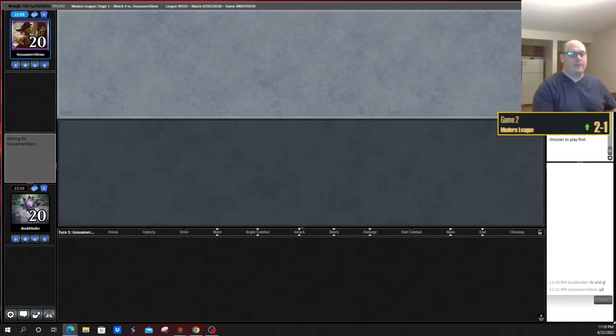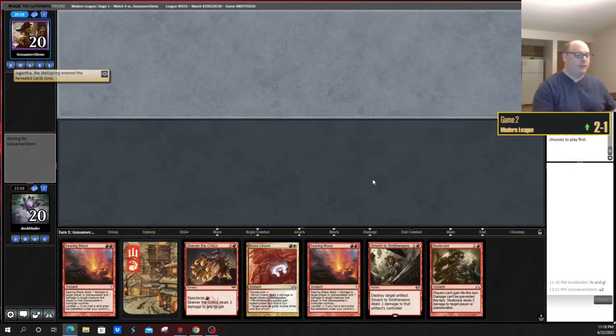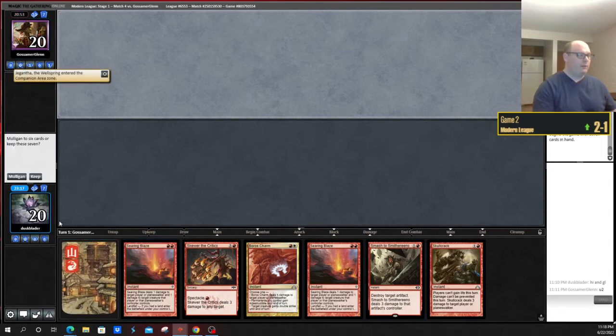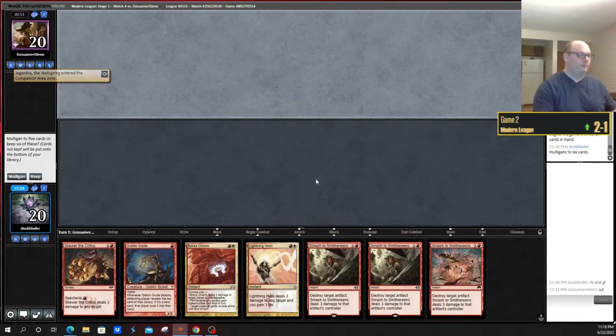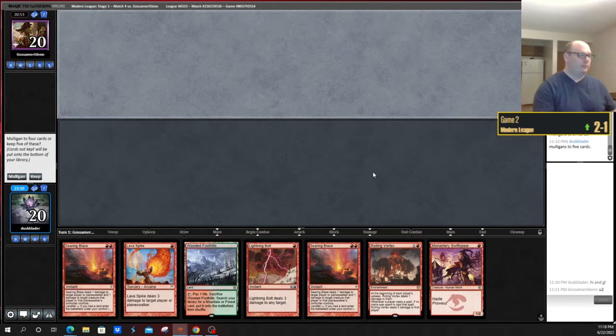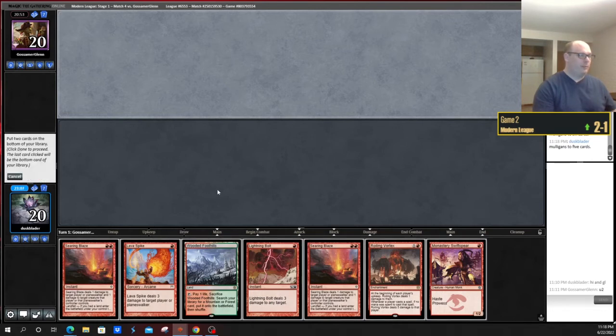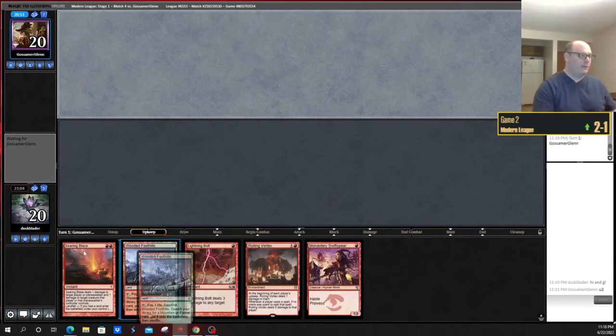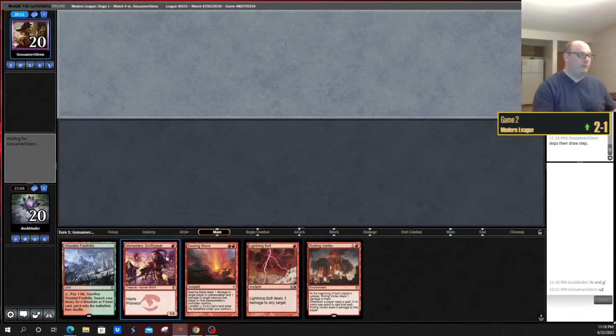Yeah, the key card for them is Academy Manufacturer, because every time you create a clue, food, or treasure token, instead create one of all those. This is all 2 mana hand. Don't think we can keep it, though it does have a ton of cards we like in the matchup. No lander, can't keep. Well, I guess we reluctantly keep this one. Back one of those, and hope this is good enough. I don't think it will be, but